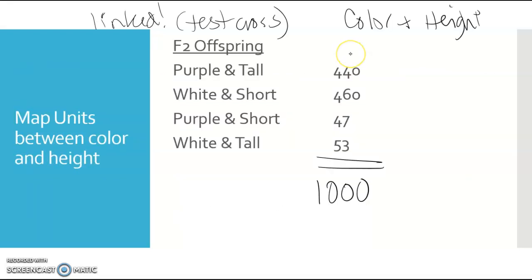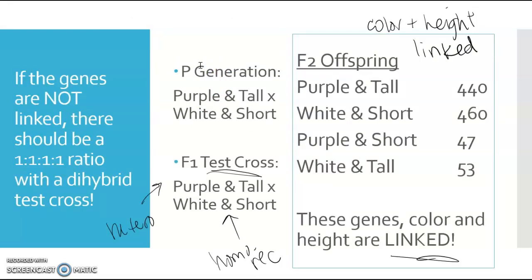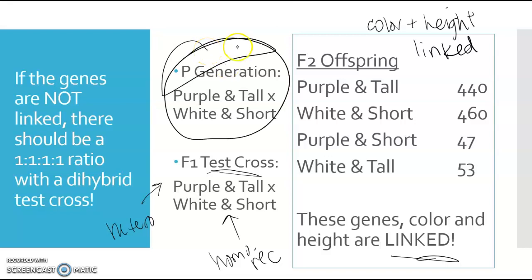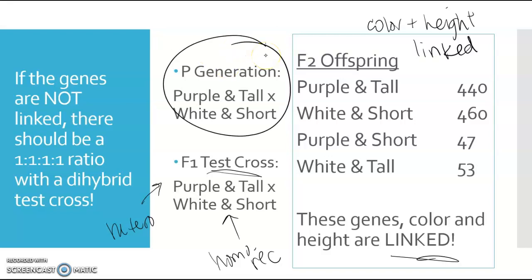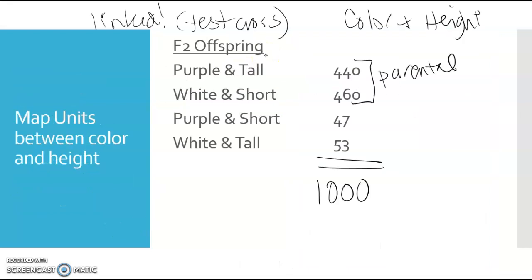Well, what we can see and identify is that we're going to see these two are the parental type, right? We know that they're parental because they're, one, most in numbers, but secondly, they are also representative of the original parents, which we're going to say is the P generation from here. So purple and tall, and then your white and short. So those are your original parental generation here. So we're going to say that those are your parental, and what you're going to see is purple and short and white and tall are different. So these are your recombinant